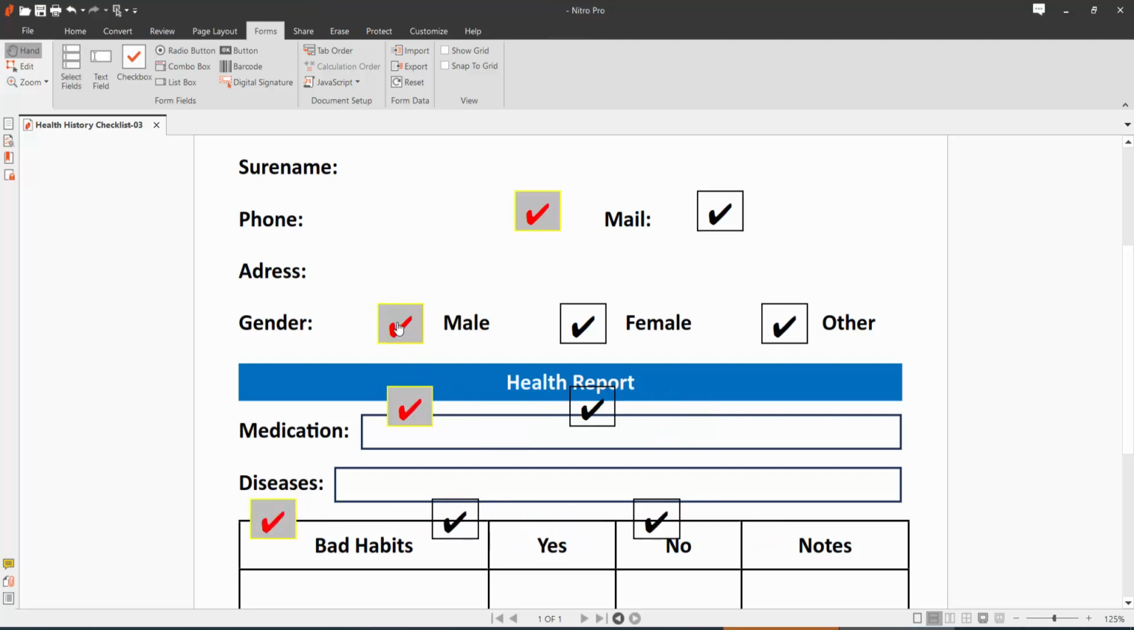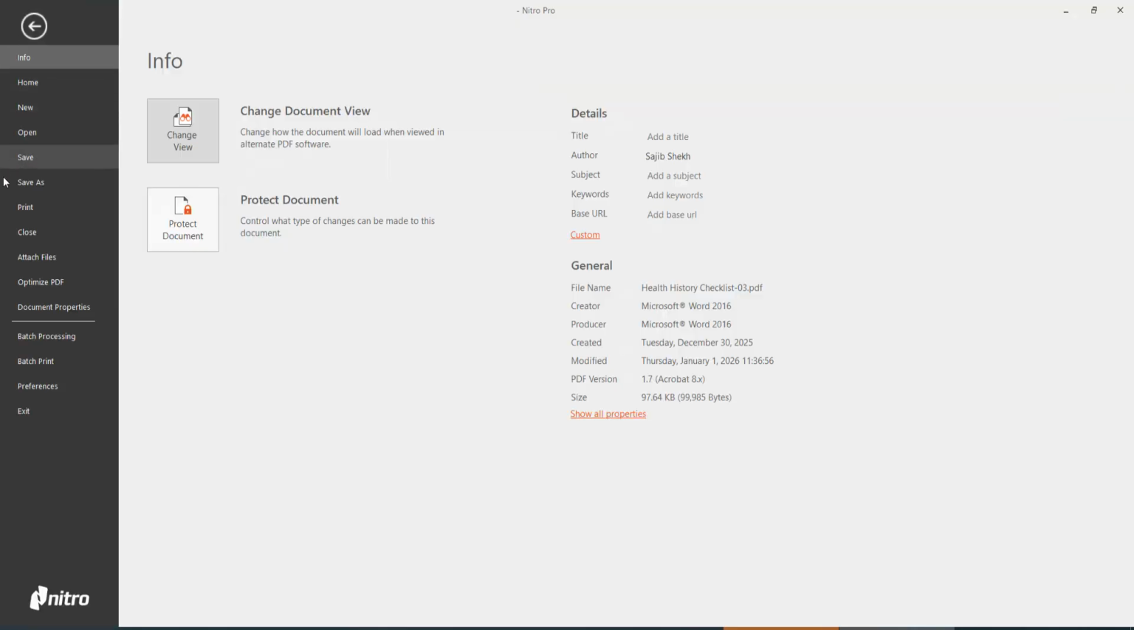And see this. And when I select this file option, save or save as your